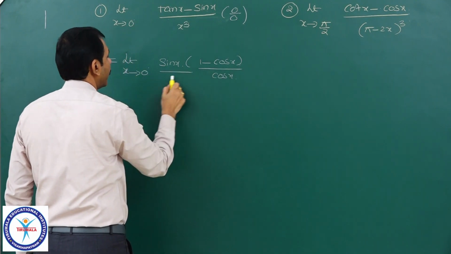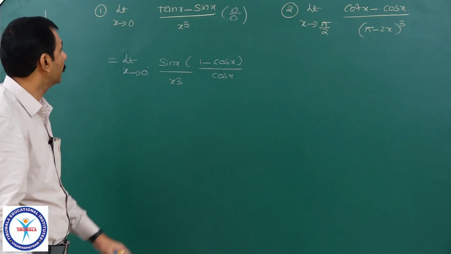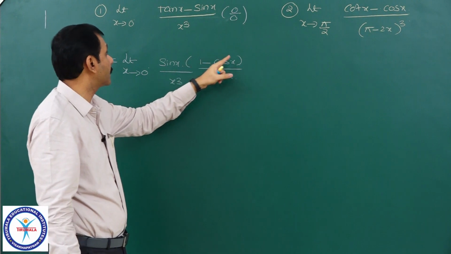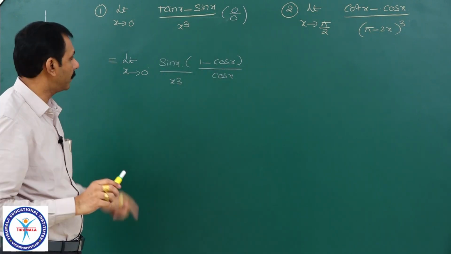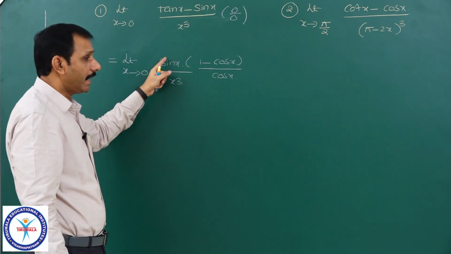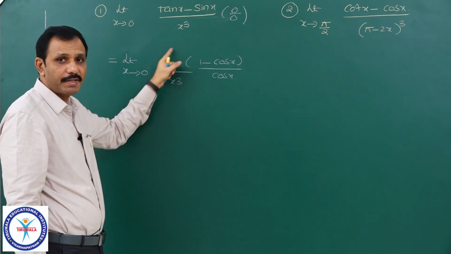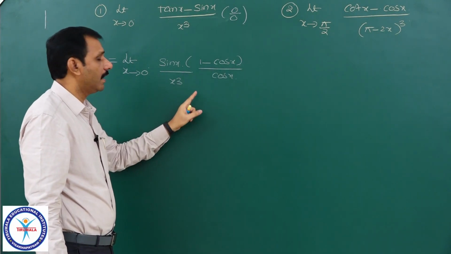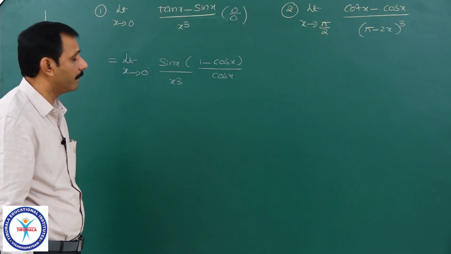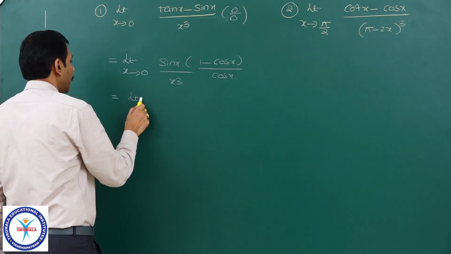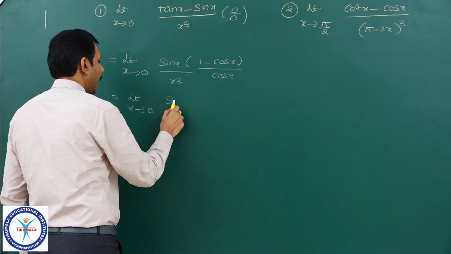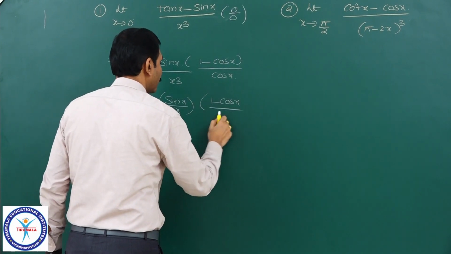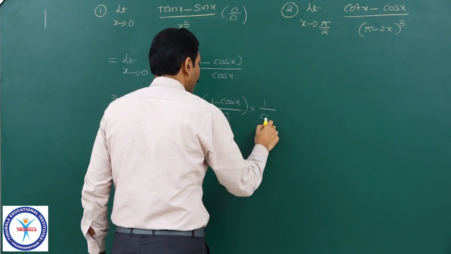And what is the denominator? x cube is there. I have written it as sin x, sin common, 1 by cos x minus 1, that is 1 minus cos x, by x cube in the denominator. Problem completed. Sin x in the numerator with denominator x, that value of the limit we know. And 1 minus cos x with denominator x square, that limit we can find. Therefore, the limit as x tends to 0, I can write sin x by x into (1 minus cos x) by x square into what is the leftover term, 1 by cos x.